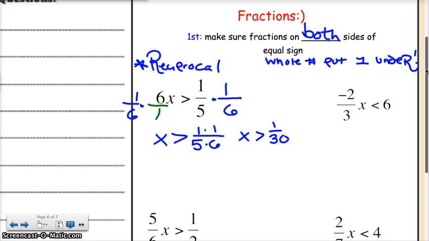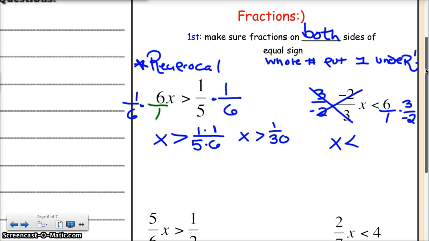Next one, -2/3 x is less than 6. Again, if I'm dealing with a fraction, I'm going to make them both a fraction. Times through by the reciprocal. Notice that what happens when I times through by the reciprocal, it cancels out, and you get x is less than, now I can do top times top over bottom times bottom, but I'm